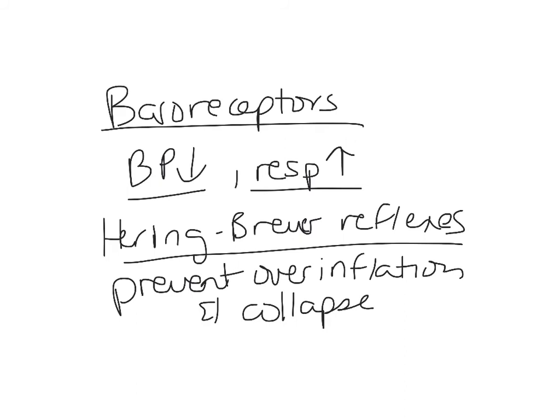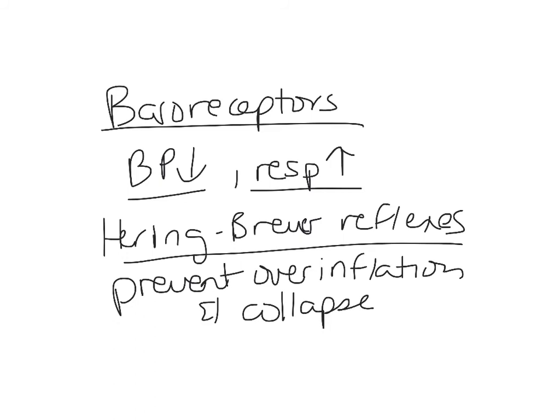Basically what happens is there's two reflexes. There's an inflation reflex. So when you breathe in and your tidal volume is too big, then this inflation reflex is going to kick in, and it's going to inhibit inhalation, and you are going to then stop inhaling, and then active exhalation will begin. You don't want your lungs to burst because you're bringing in too much air. So that inhalation reflex stops the air from coming in if it gets too high, and then you exhale actively